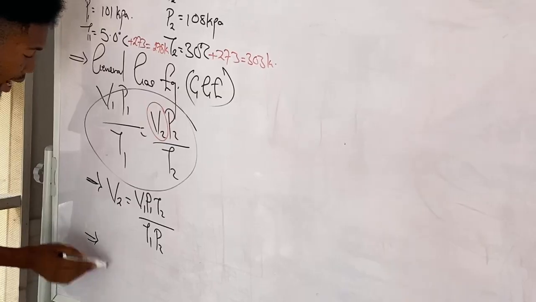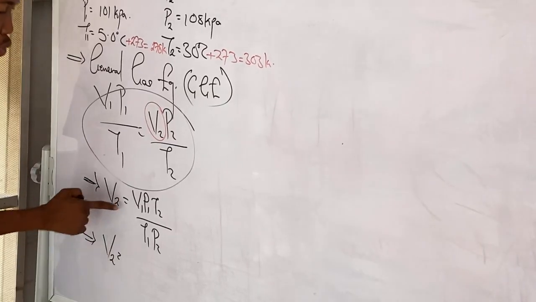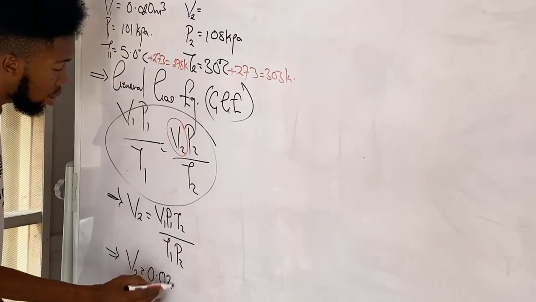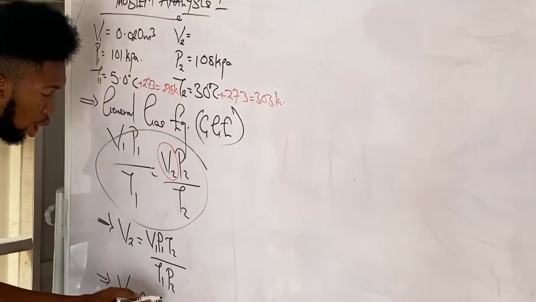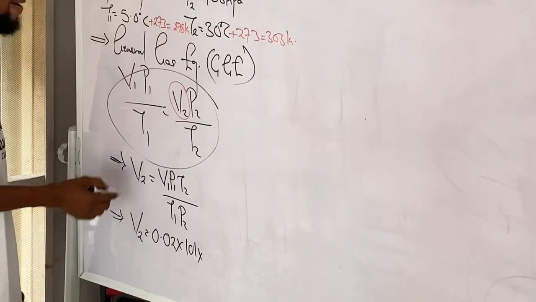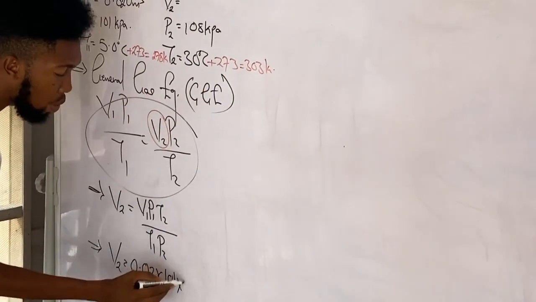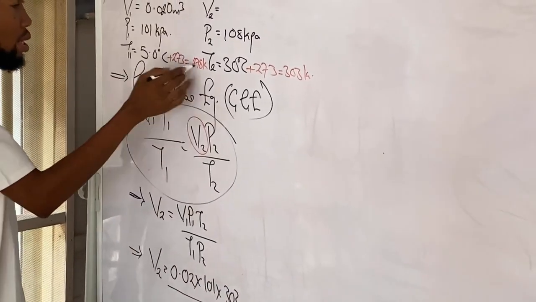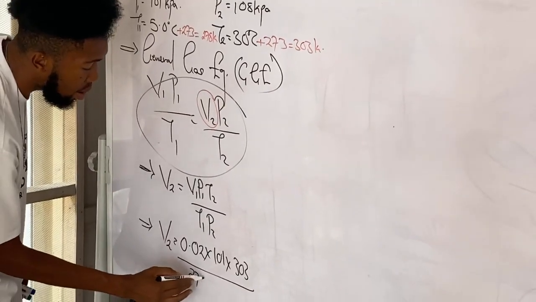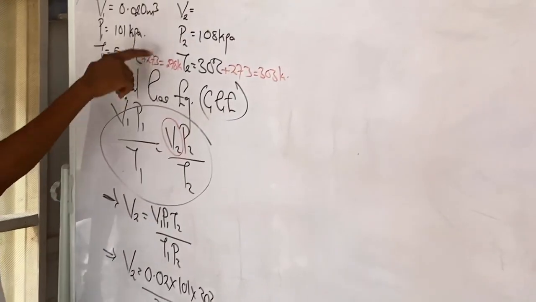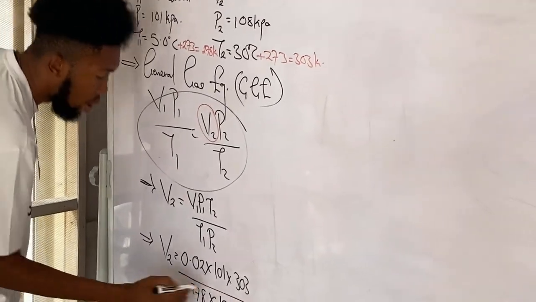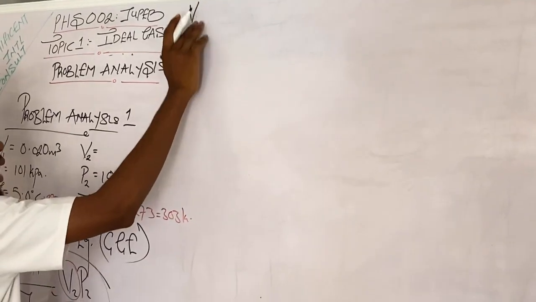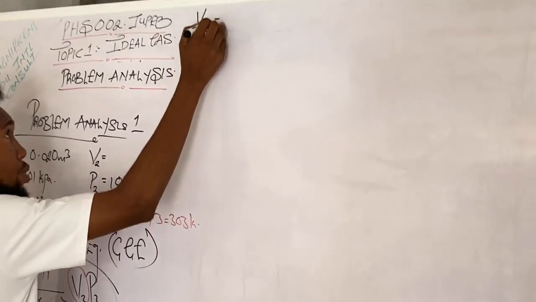So V2 equals 0.02 times P1, which is 101, and T2, 303, all divided by T1, which is 278, times P2, 108. So our V2, which we are looking for, will now be equal to